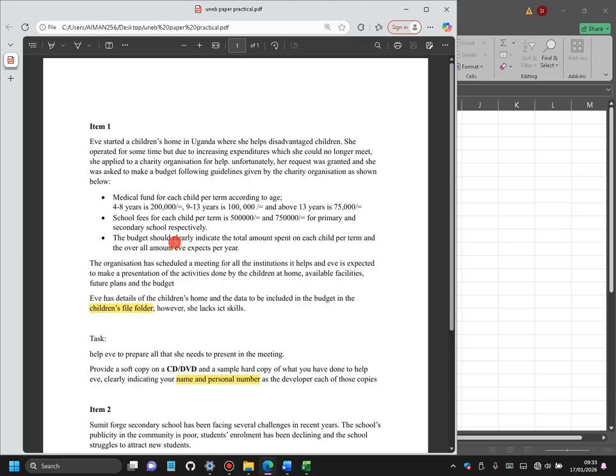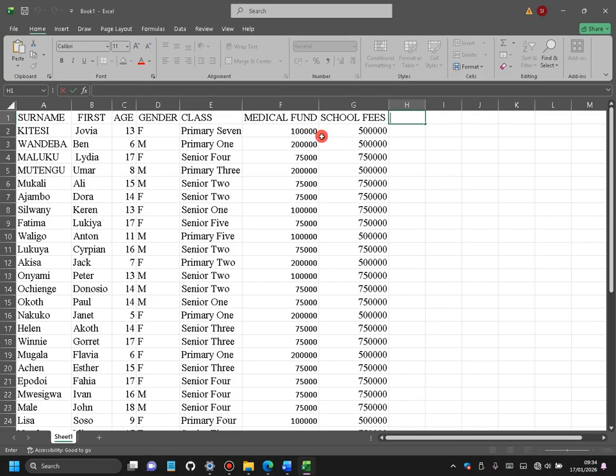So the budget should indicate the total amount spent on each child per term. So how are we going to implement the total amount? We are going to add this with this. So we shall be using a formula,